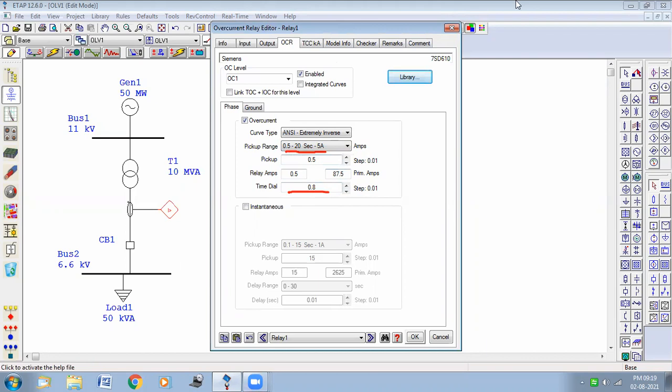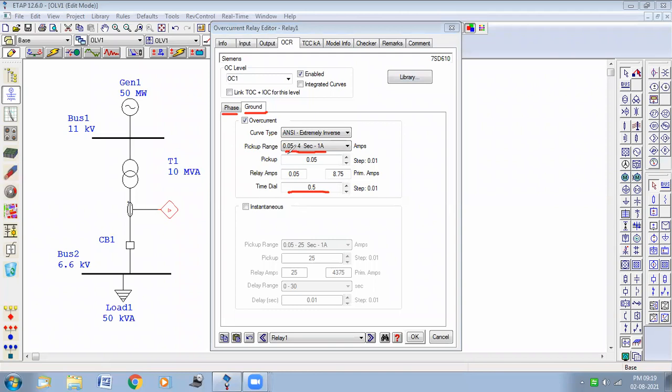This is basically the phase overcurrent relay, but this relay also has ground overcurrent, that is, the earth fault operation. So next click on the ground tab, again turn off the instantaneous operation, and here you can see the pickup current level for the earth fault relay and the phase overcurrent relay is different.